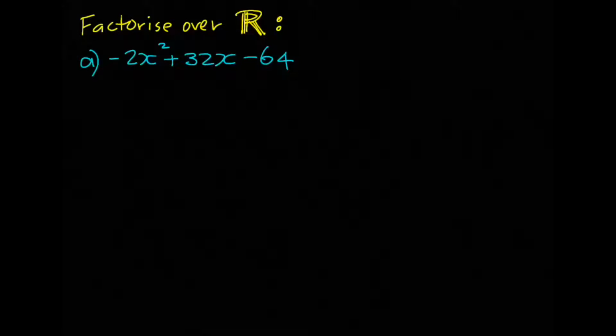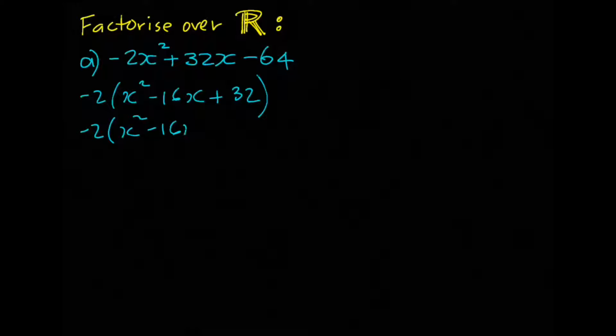Okay, let's factorise this over all real numbers. Firstly, let's take the negative 2 out the front and we're left with x squared minus 16x plus 32. Then we want to use the completing the square method. So it's plus 16 on 2 squared, so 8 squared, minus 8 squared to cancel them out, plus 32 equals